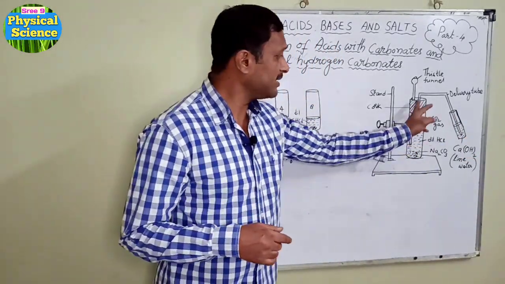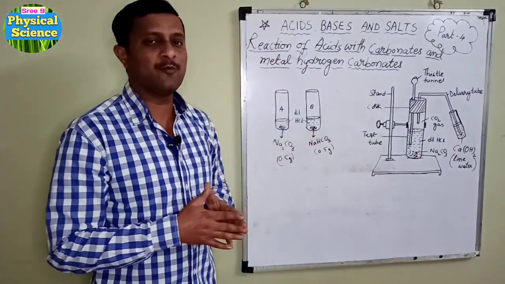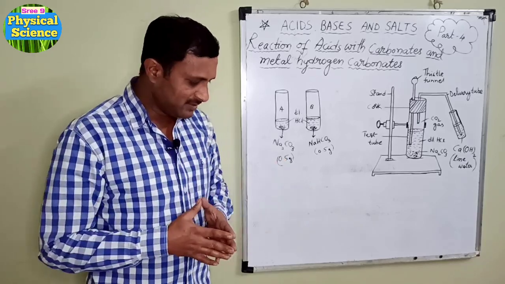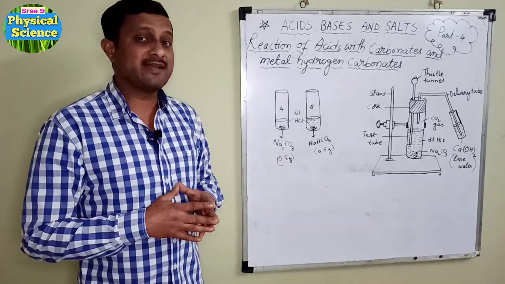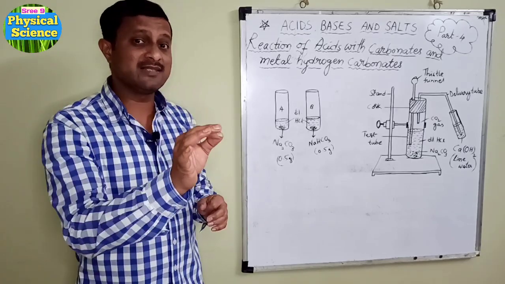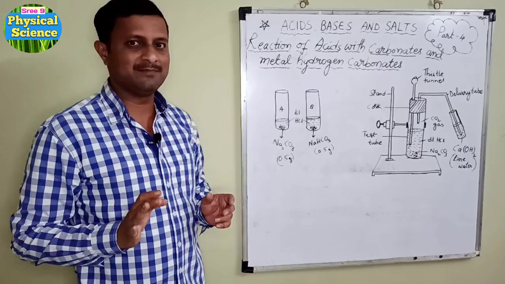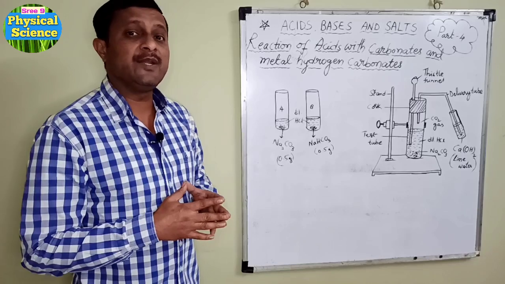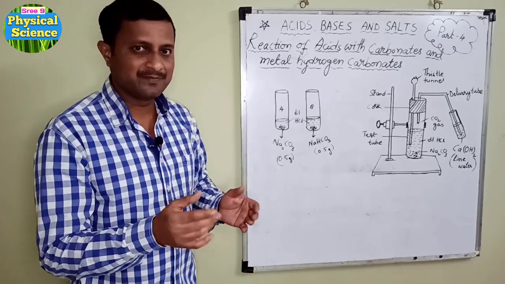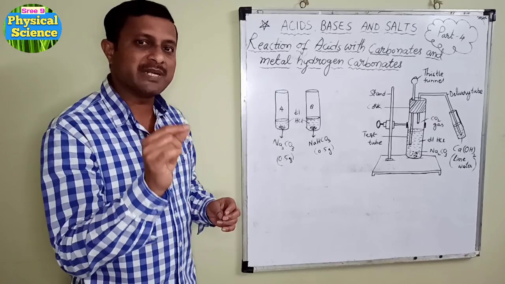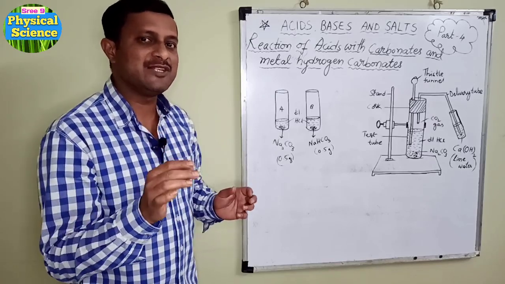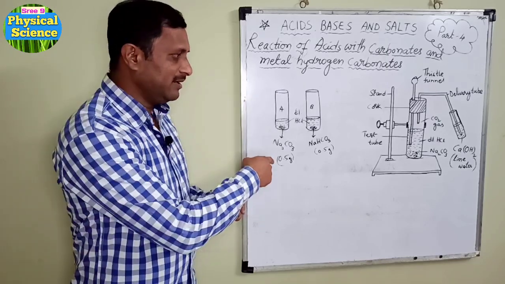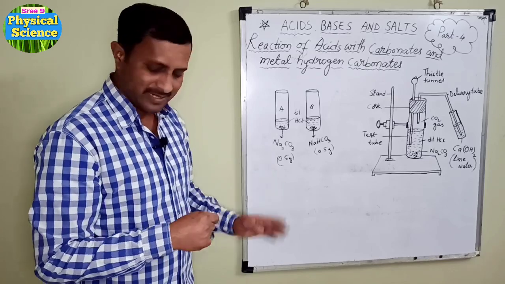Now as CO2 gas is passing into the lime water, what do you expect to happen? In lower classes we have learnt that carbon dioxide turns off the burning flame, right? That is one property. Another thing is when CO2 gas is passed into lime water, that is calcium hydroxide, it forms a white precipitate called calcium carbonate. Now let us see by writing the chemical equations here.